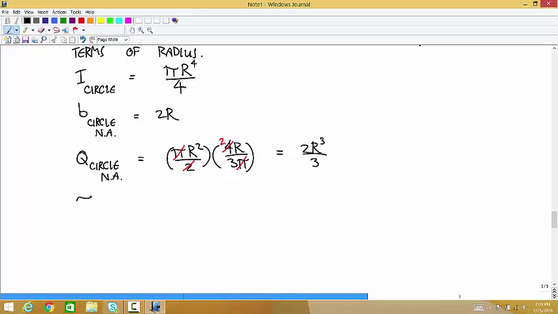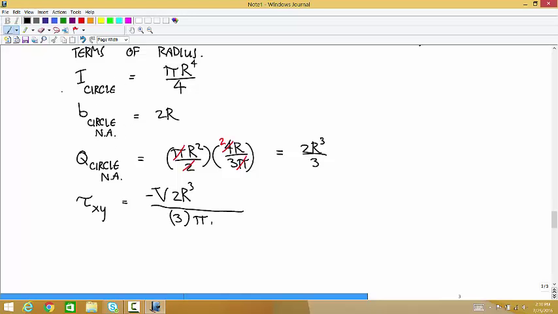And so the xy stress is equal to negative shear force times 2r cubed over 3, that's V times Q, divided by IB,